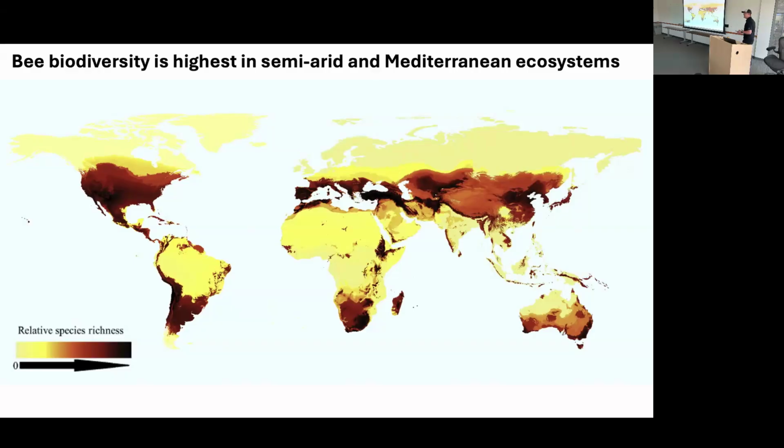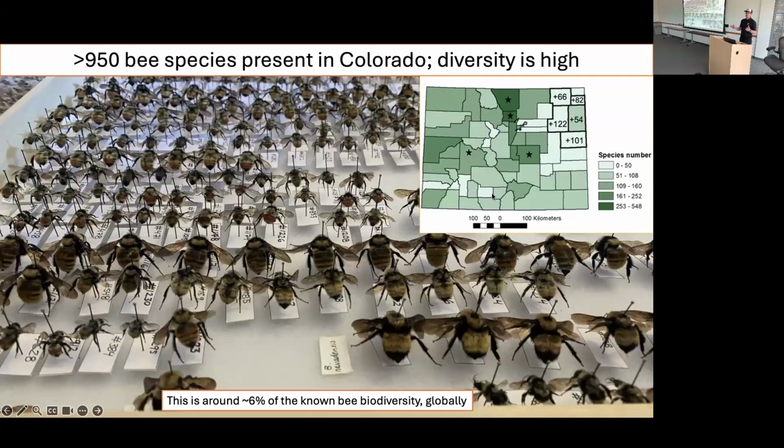As far as studying bees go, we live in a really good place for doing that. And this is a very, very diverse place for bees, probably because we have this really high range of different ecosystem types, a wide range of latitudes, and so on, right? That can support lots of different types of habitats. So bee diversity in Colorado is pretty high. At the time I made this slide, maybe 950 species. I think more recent estimates, I don't know, 1,100 or so is what I've heard recently. So there's a lot of bee biodiversity in Colorado.